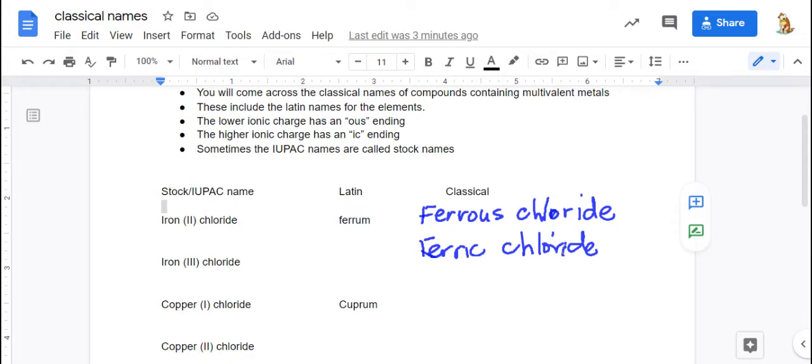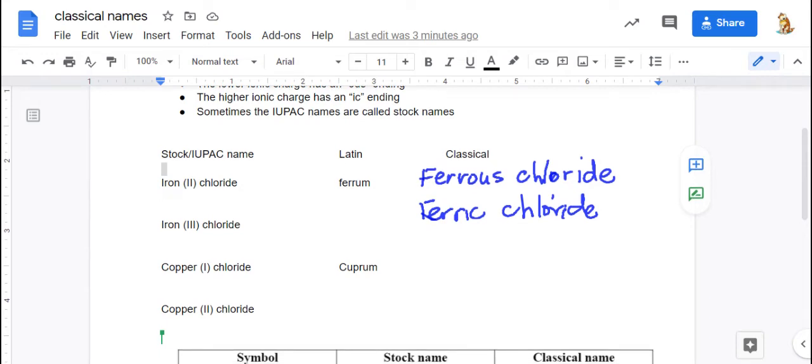Copper: the Latin name for copper is cuprum. So we have copper 1+ and copper 2+. Copper(I) chloride would be cuprous chloride, and the 2+ is the higher one, so it's cupric